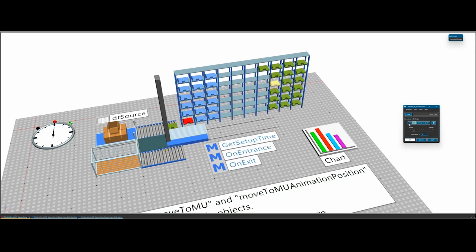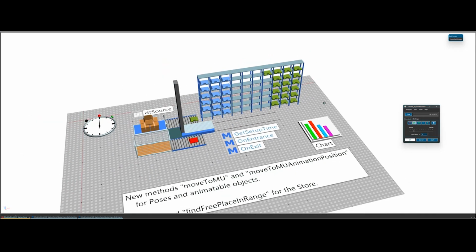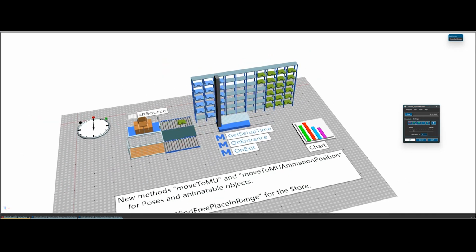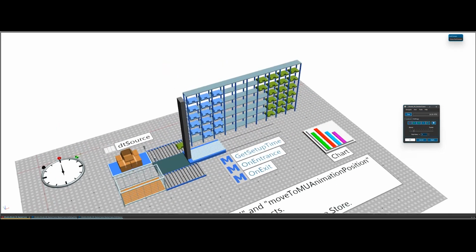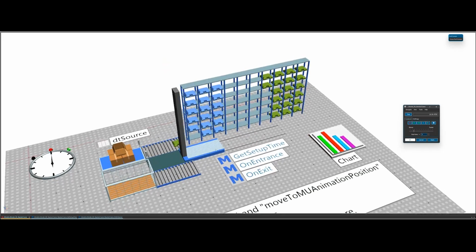And now the other thing that I'm showcasing here is regarding the MU animations, or specifically the poses and the animatable objects. So this one here, which, if you're familiar with these kind of systems, you probably have realized immediately should represent some storage and retrieval machine, or a stacker crane, however you call it, Regalbediengerät.